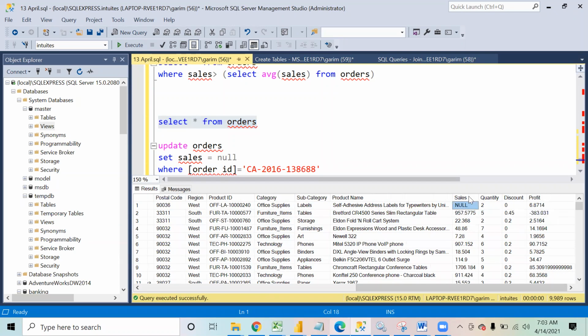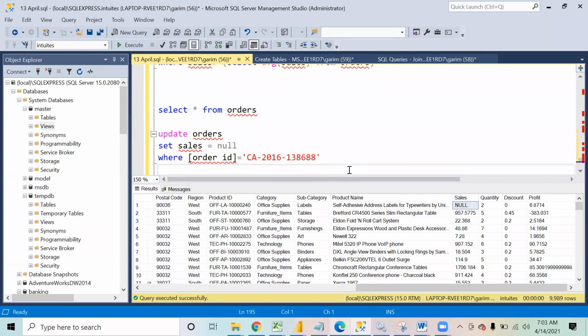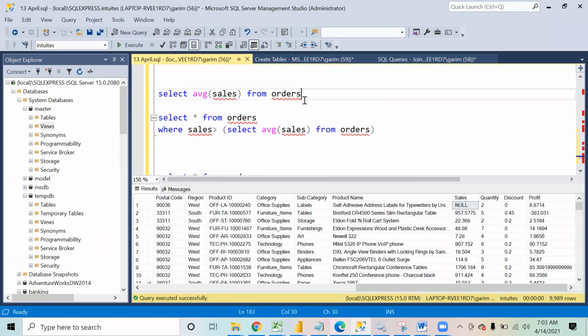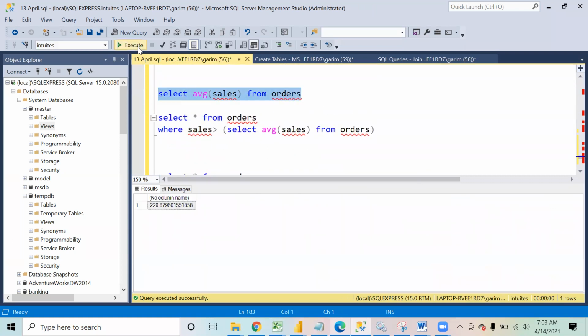Now if I calculate the sales column, the average of the sales or the sum of the sales, it is going to calculate the sum and average for the entire column. And wherever it is null, it will treat it as 0, that it is a 0 value over here. Now if I calculate the average, you'll see a slight change in the decimal. Otherwise, it's exactly the same because it was a very small number that I changed, 14.